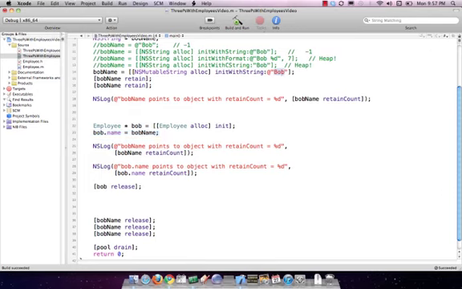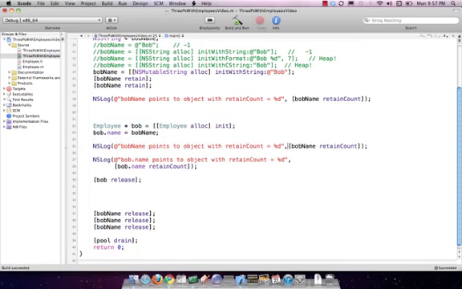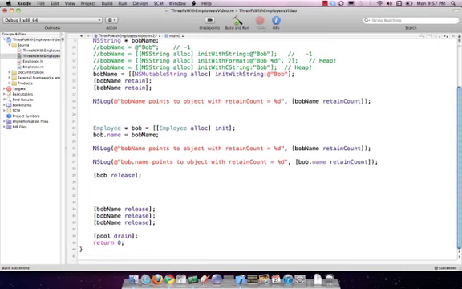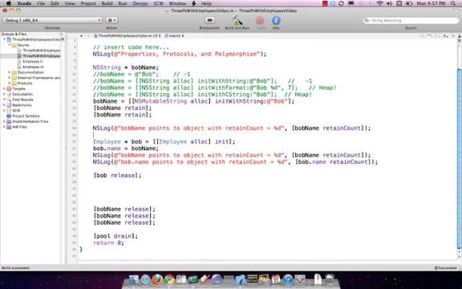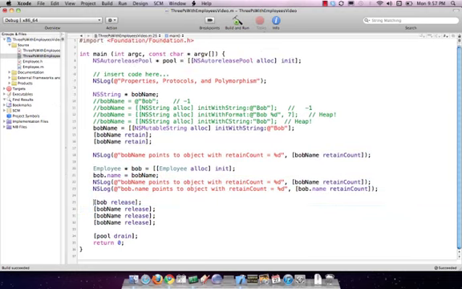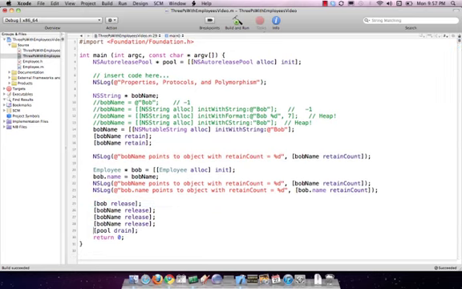So here you can see Bob is Bob name. He's going to be set to Bob.name. And then we're going to do some things. We're going to compare Bob name to Bob.name. So the real question is, what is the retain count before this assignment? And then what are the retain counts after? And then to be a good memory management citizen, we release Bob after we're done with it. So if we were to run this,